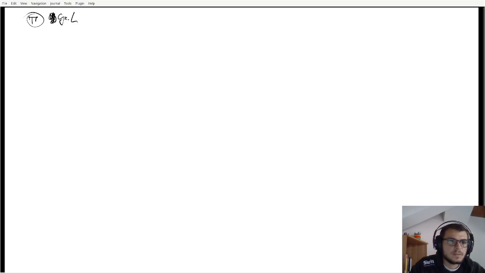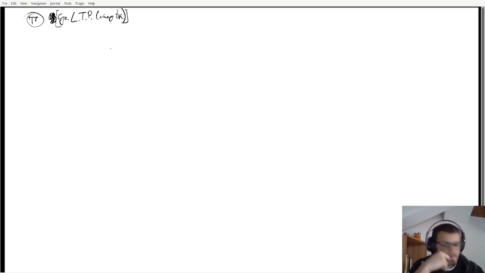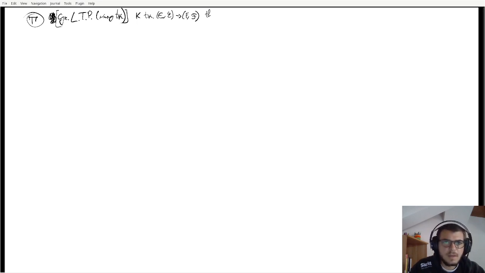General law of total probabilities using transition kernels. Anyway, what does the theorem say? It says the following: K is a transition kernel from E to F. I will write it in this way. If we have this, then